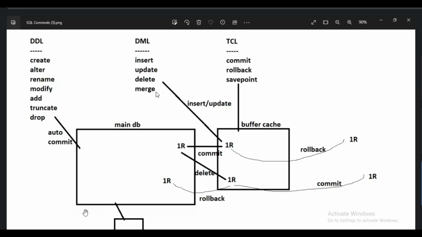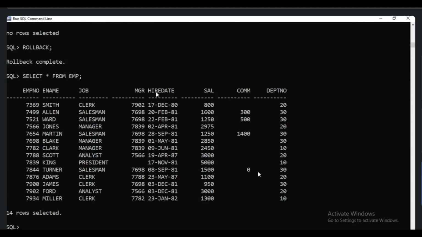A table is a database object because a table is stored in the database.